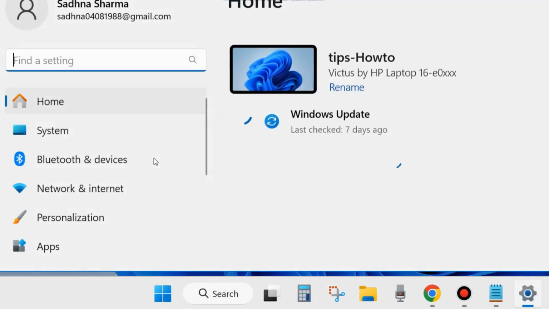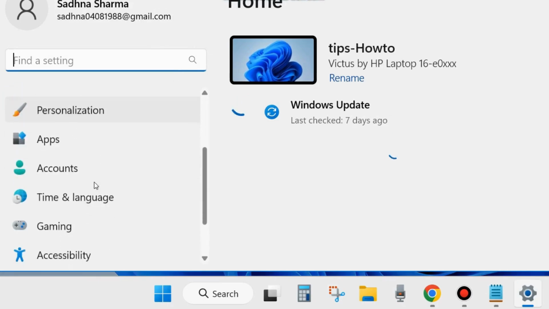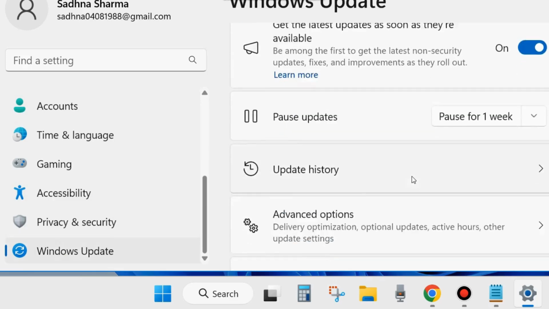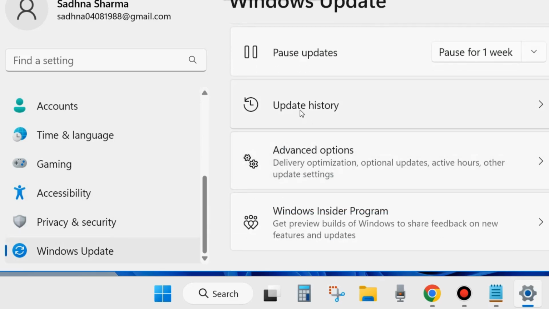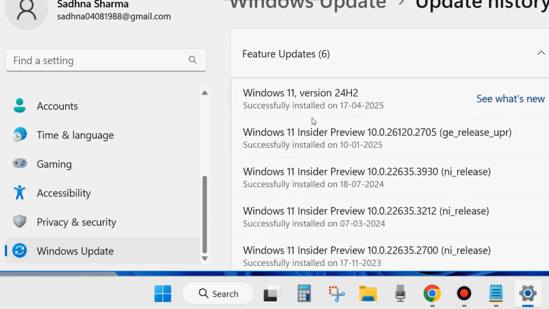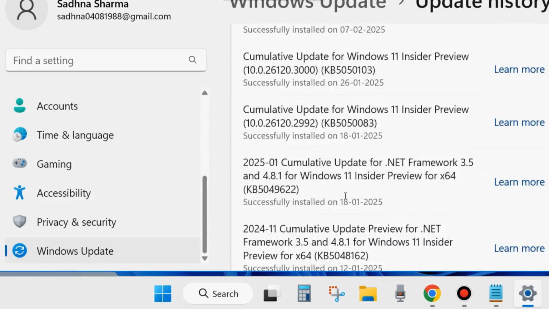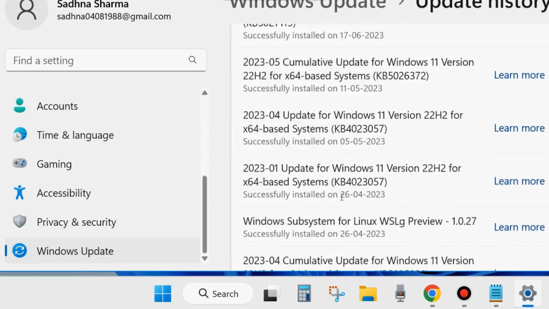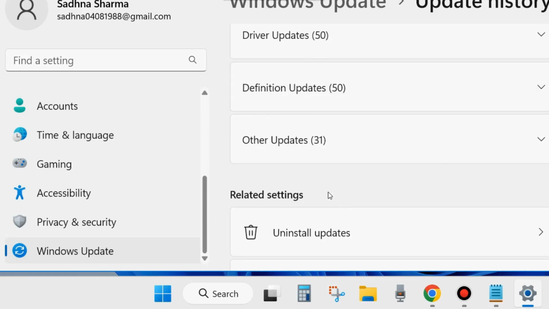Right click on start button and choose settings. Here from the left side go to Windows update. Thereafter go to right side and here scroll down and click on update history. Here scroll down and at the bottom of the page you will find the option uninstall updates. Click on it